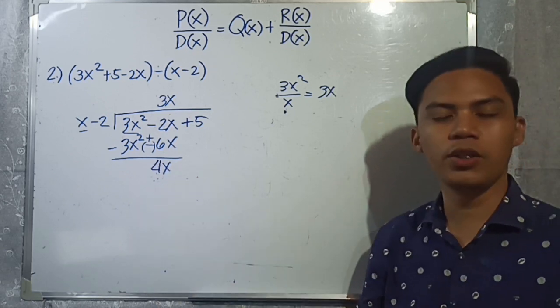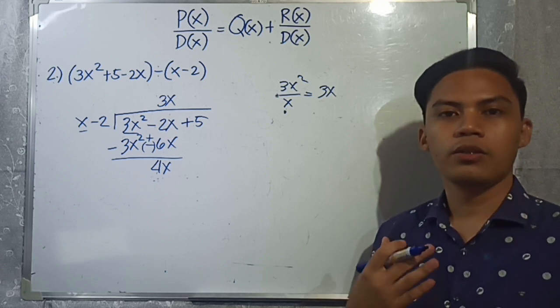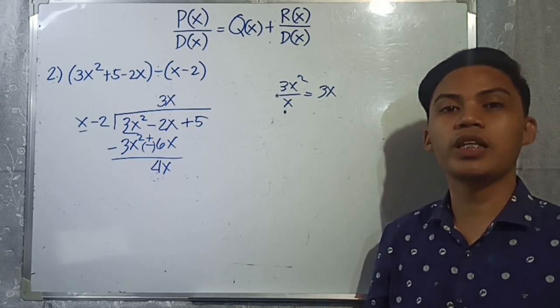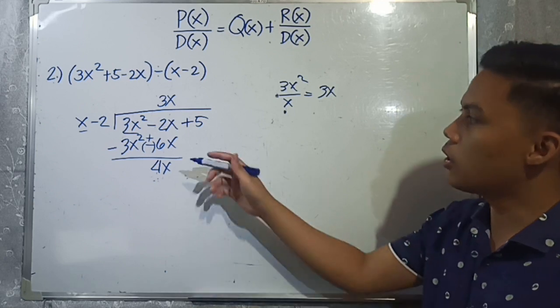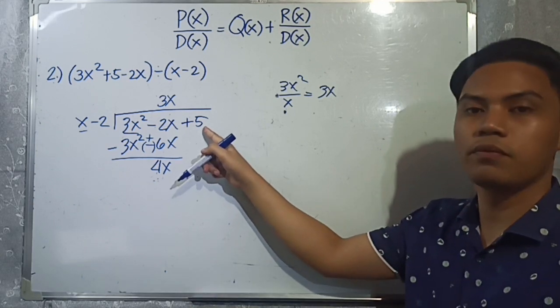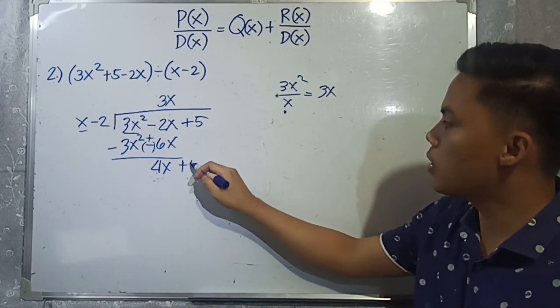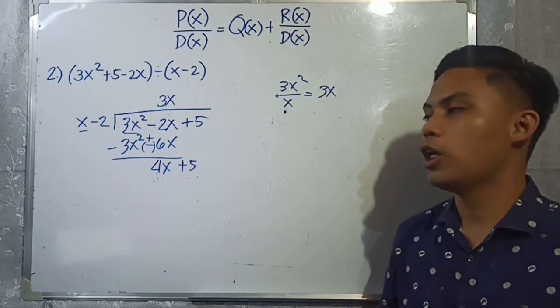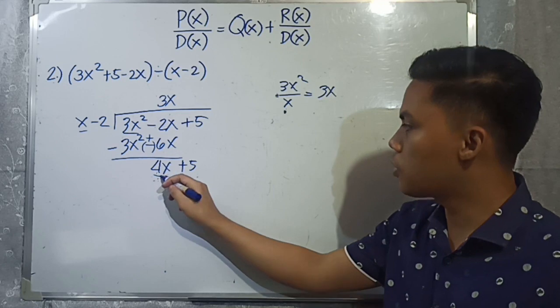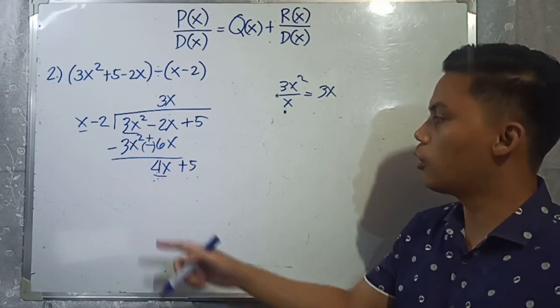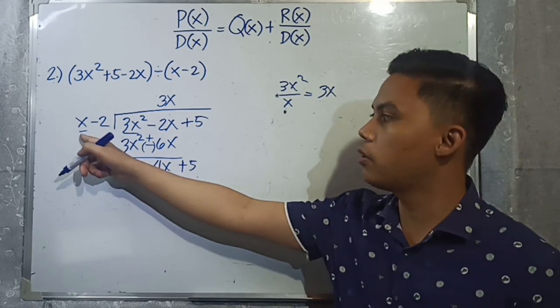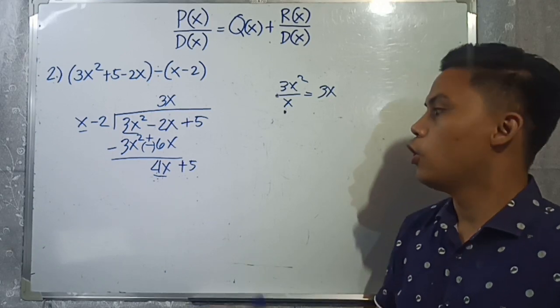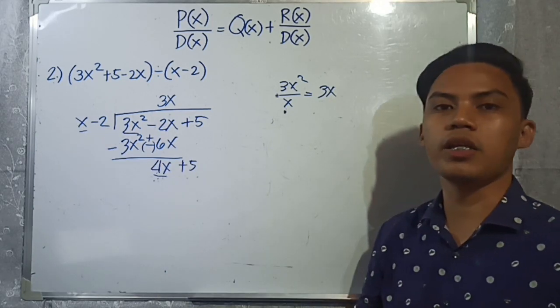After natin makuha yung difference nila, we're going to bring down the next term. So yung next term natin is si positive 5. So, we're going to bring down positive 5. Then, repeat the same process. So, focus tayo dun sa first term ng dividend natin. Then, we're going to divide this one sa first term again ng divisor. So, 4x divided by x, that would be